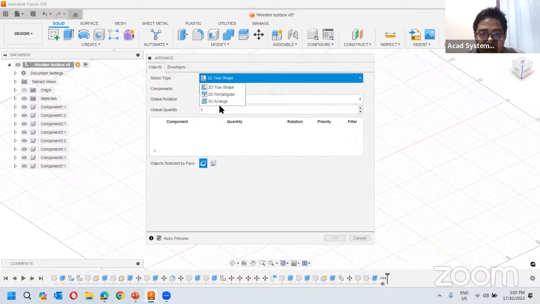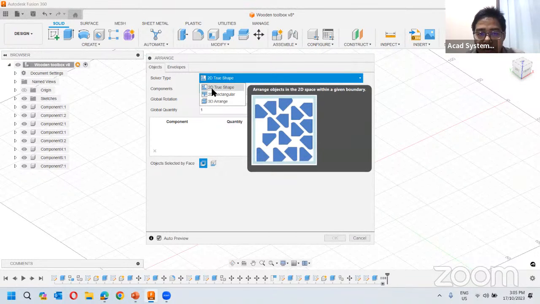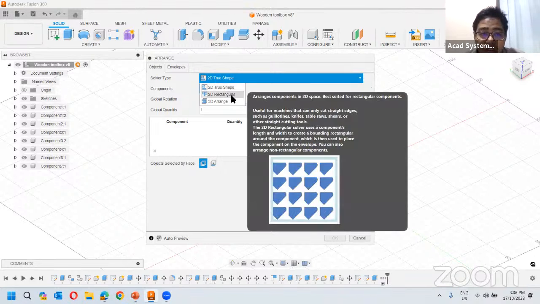Right off here, we have three. The first one is a bit of a common one that people will use. This one allows you to lay out a cutting shape into an envelope, and you can allow it to rotate at different degrees. Some degrees will be automatically rotated as well. But if you have certain machines that only allow for one type of axis,